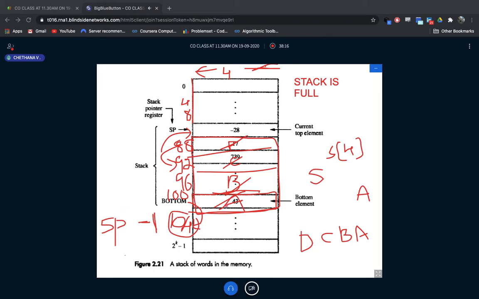100 becomes the insert item. Suppose one question to you. I've popped out all the items D, C, B, A. Suppose I want to pop one more time, what will happen? I don't have any item here, right? It is completely empty, and you're already at 104. So you don't have an item at that 104 location. Now I want to pop one more item. What will happen?